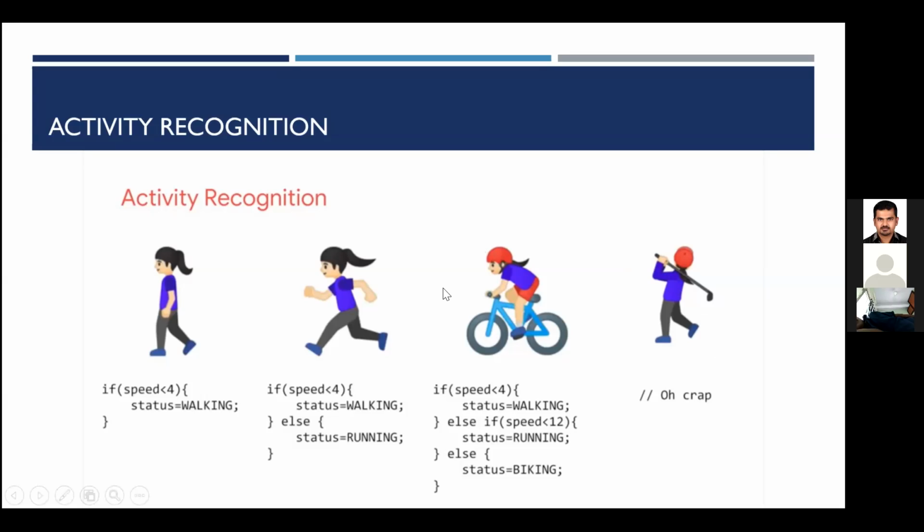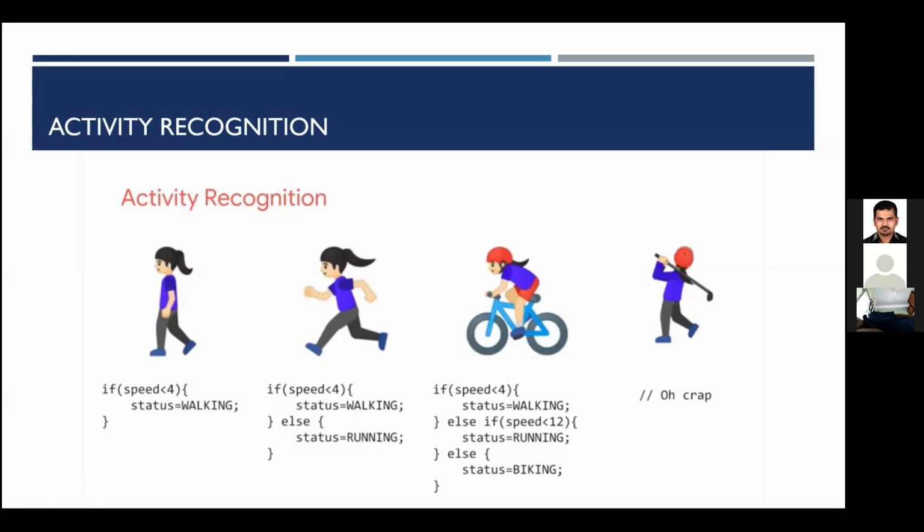Or, okay, let's imagine that you are successfully able to program thus far, and then you are given a scenario like this, an image like this. How will you program this? This is neither walking, nor running, nor cycling. A person is standing like this, and from your human mind, because you know this picture, you have seen it, you know that this is golfing, the person is playing golf. But how can a program be written this way?